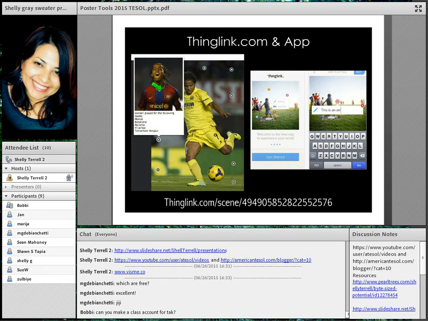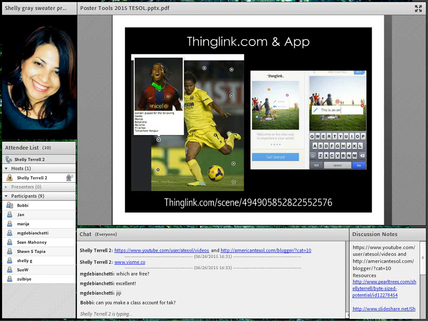ThingLink. ThingLink is a different type of poster. If you want your students to create a poster offline, let's say they use something like Microsoft PowerPoint to make a poster. They can make infographics and stuff with Microsoft PowerPoint. If they do something like that offline, without the internet, then what you can do to make it more interactive and make it a digital poster is